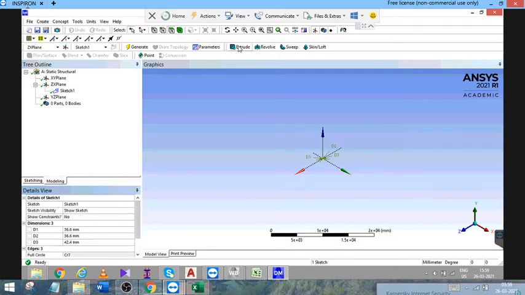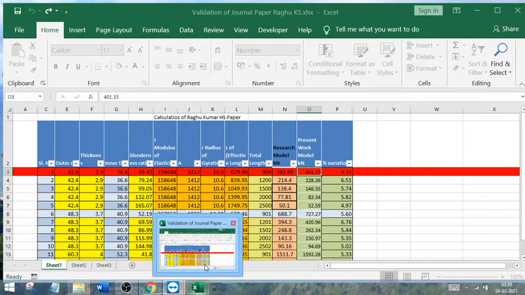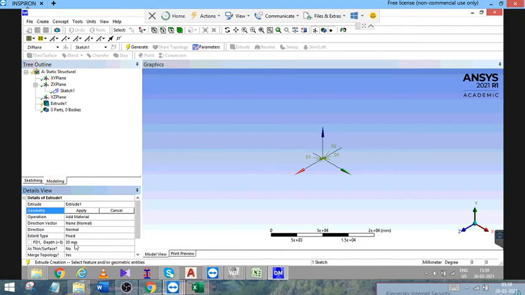Now you are done drawing the diameters of the circles, and now you will have to mention the length. Here you find the option extrude. Click on that and mention the length of the steel tube which you require.